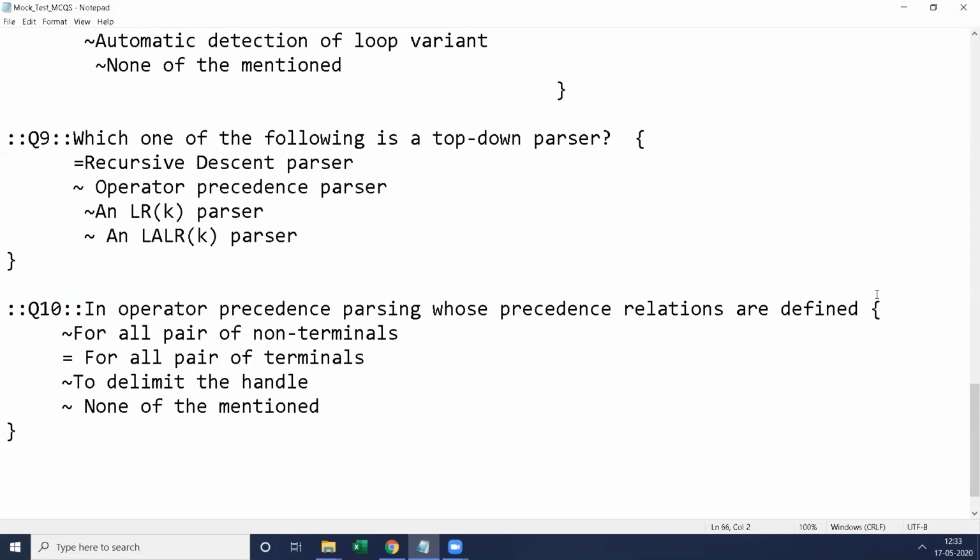After writing the question, it is followed by an open bracket. After the open bracket, we will list out all the choices here, choice 1, choice 2, choice 3, choice 4. Each choice is preceded either with the tilde operator or with the equal to operator.